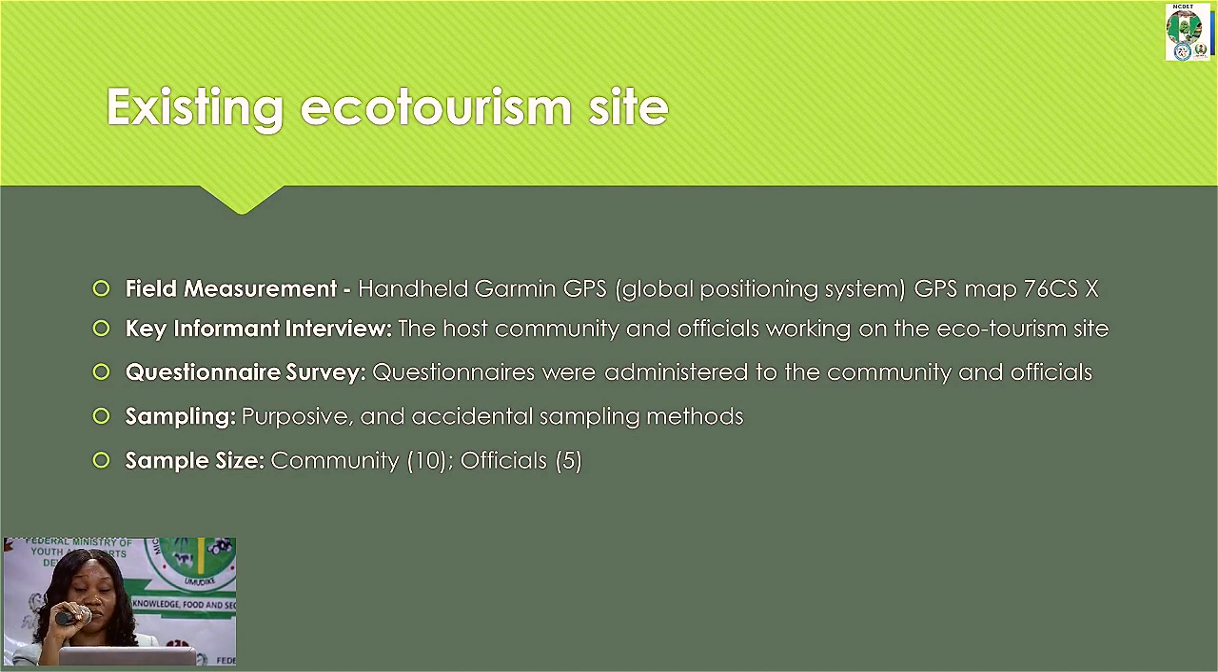Accidental sampling methods were used to meet respondents on the field as well, with the minimum expectation of 15 respondents per ecotourism site. The questionnaire was administered to both the community and officials in the field. These are some of the information gathered for further analysis. For the community, some of the information gathered are the geographic location of the ecotourism site, the gender, merits of